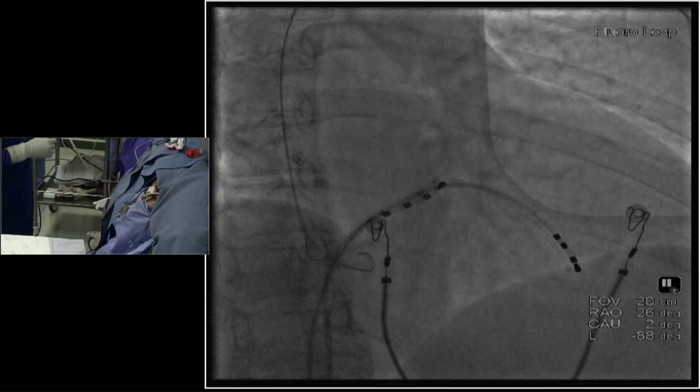So for His bundle pacing, you have the reference electrode, probably the distal His, which is there. That quadripolar catheter is in the distal His. So that is a fluoroscopic reference for reaching the target zone. So what we'll do is we'll try to pace the distal His. Can you pace at high output, William? Yeah. Pace the distal His at high output. Go to 12 lead, next page.